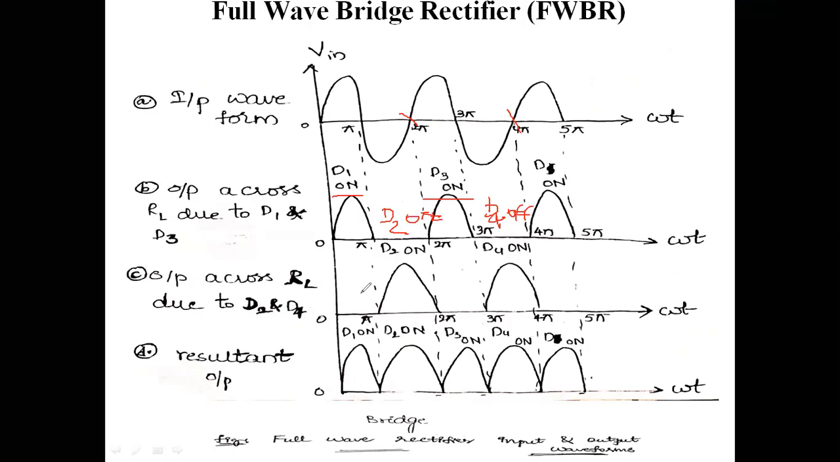diode D1 is in off position, diode D2 is in on position, diode D3 is in off position, diode D4 is in on position. That means diode D2 is in on position, diode D4 is in on position. This diode D1